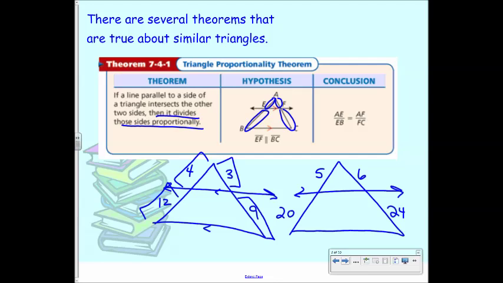How does it have to get 6? Well, if this was 20 and this was 5, what do you do to 20 to get to 5? Okay, so if this is 24, what do you do to get this piece? What's 24 divided by 4? 6. Okay, so if you don't know that off the top of your head, you could always say,